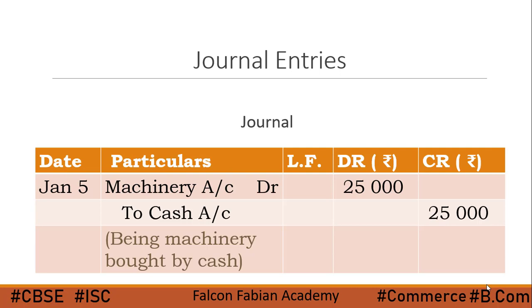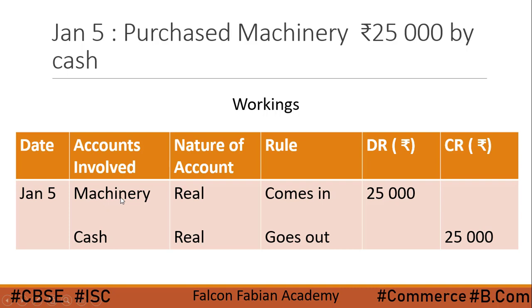Now, let's record the journal entry. So the format for journal entry is first you have the date column, then the particulars column, then ledger folio where you write the number where this entry is posted in the ledger, then debit column and credit column. So the date is January 5 and the two accounts that were involved were machinery and cash. So